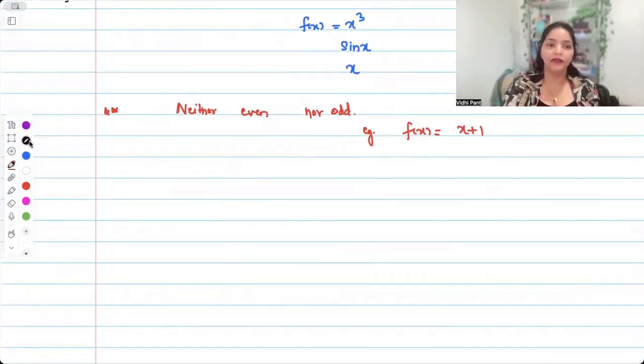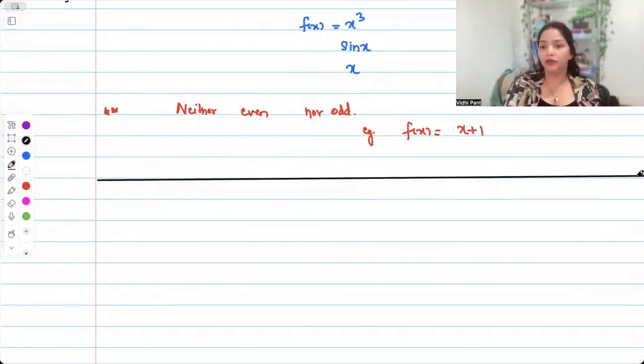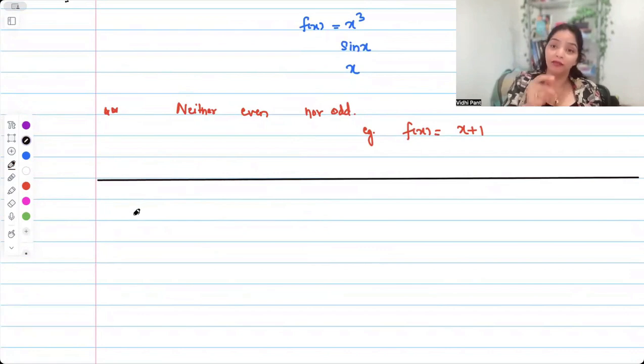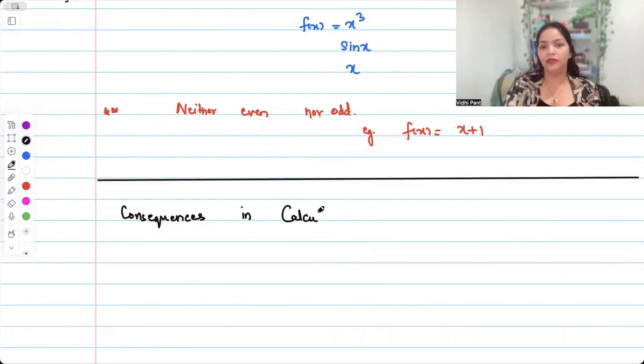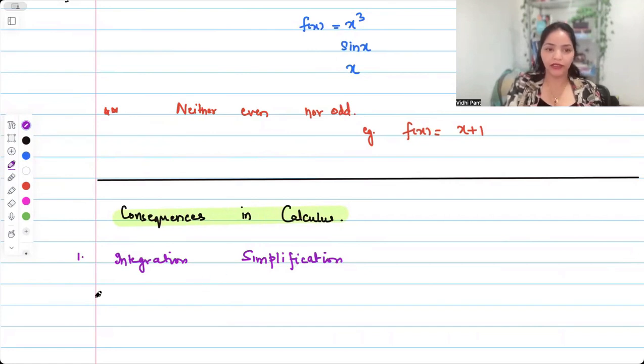Now here, before we jump into some questions to find out whether the function is even or odd, I would rather first want to tell you some very important consequences in calculus. The first one is associated to integration. So integration simplification. You would see that for an even function, always remember